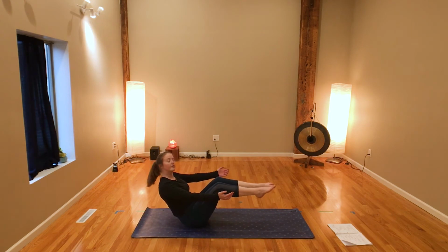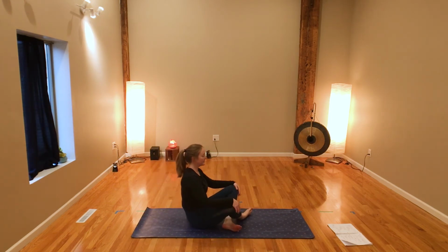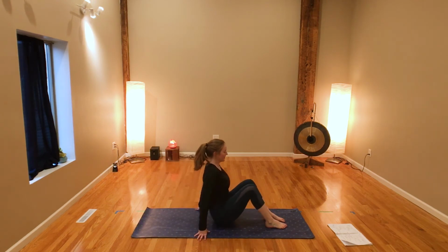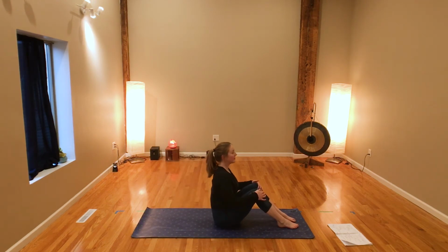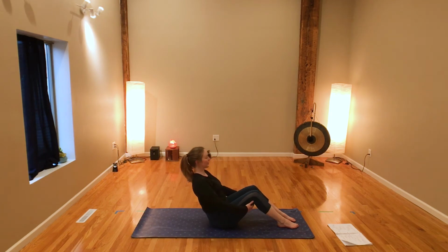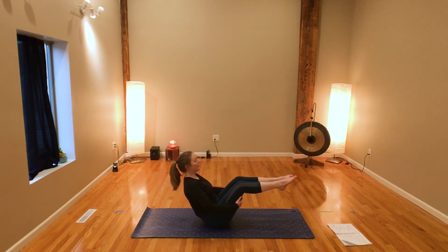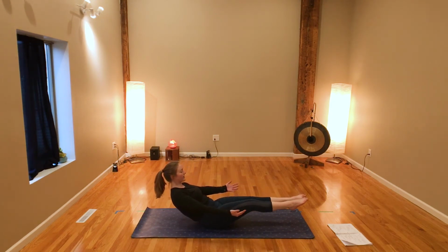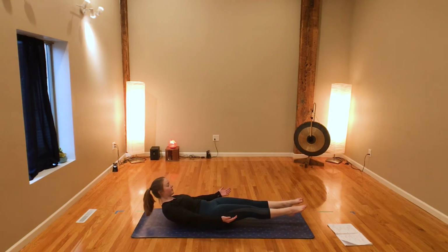Take one more breath, even it out on both sides. And release back upright. And then we'll take one more boat pose. So for this one, once again, you can keep your feet flat on the floor and just take your torso back, or you can take your legs up. Inhale, and as you exhale, nice and slow, lower down to the ground, but keep your heels and your shoulder